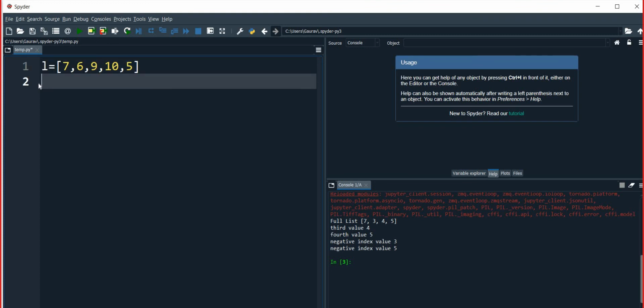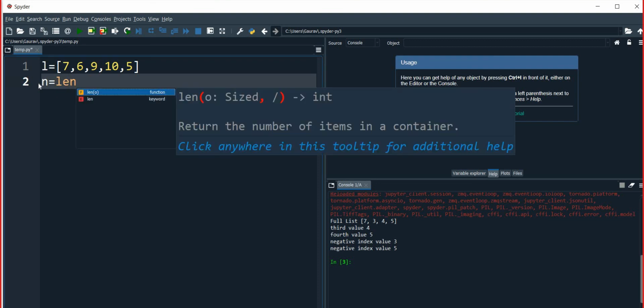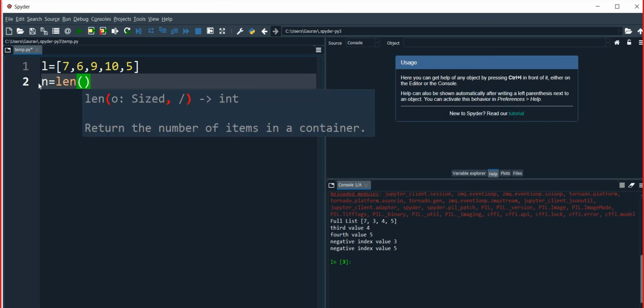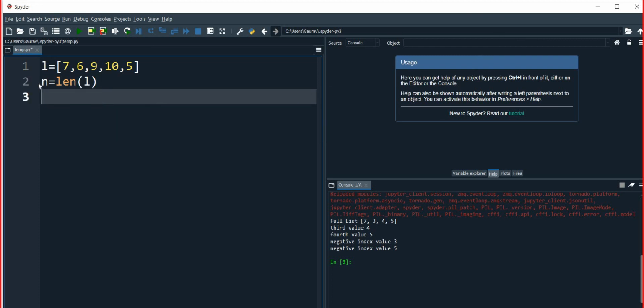Okay, now I want to find the length of the list. Suppose count n is equal to len of L. Okay, clear?